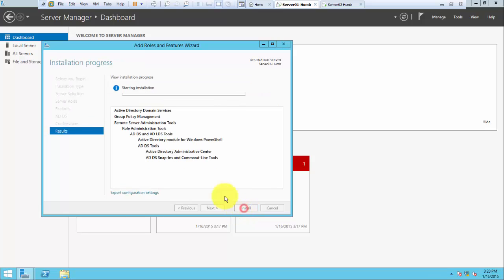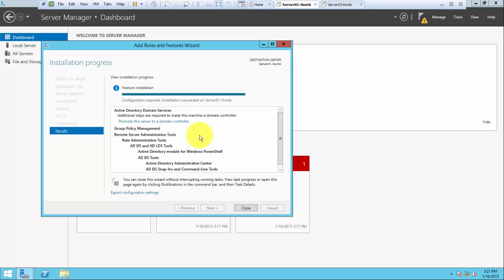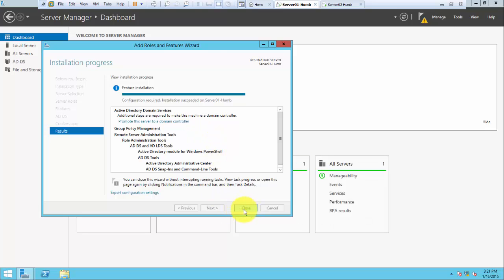Click install. So that's just installing the binaries. That sometimes takes time. Okay, done. Let's click close,